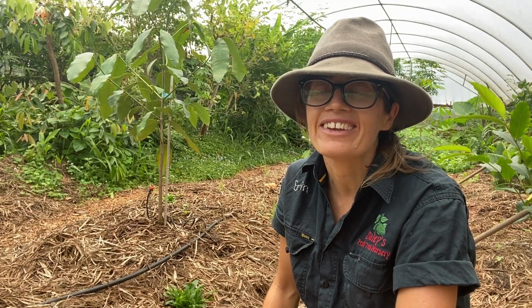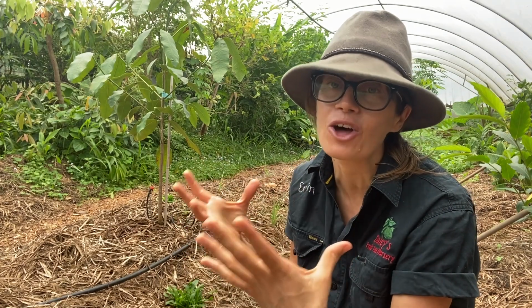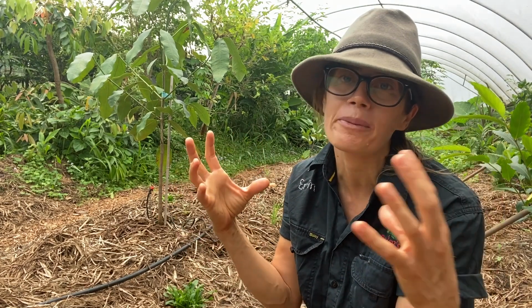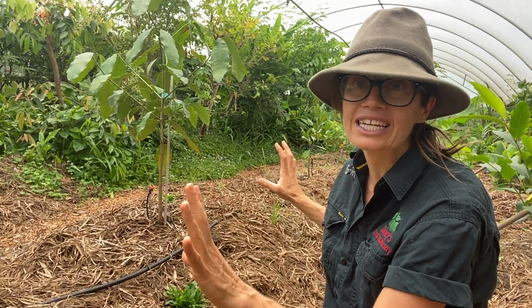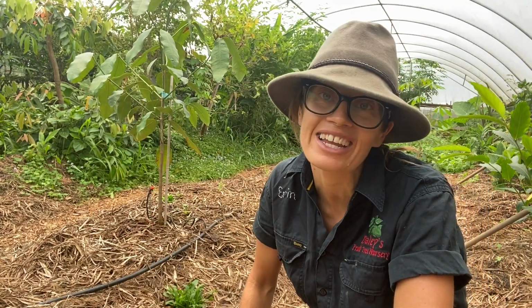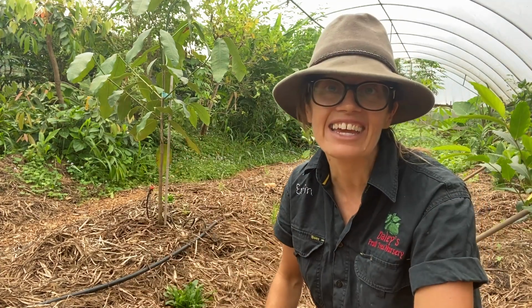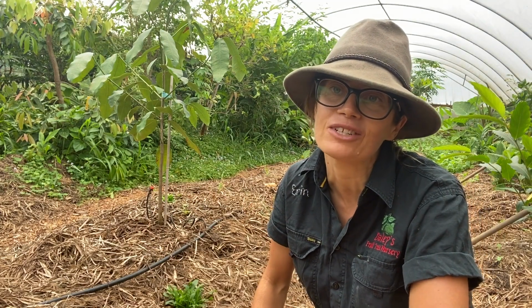For me, one of the best things about creating a food forest is the planting. And when you're making a food forest, of course, you're putting a lot of plants in the ground. So you get that buzz of planting a lot of things in a short period of time. So here we've had our layout all set up and we've got them planted now. But within this area here, you can see there is still quite a lot of space, and that's where the fun can also continue, because you can just keep adding plants and seeds and seedlings and lots of variety to this space over time,